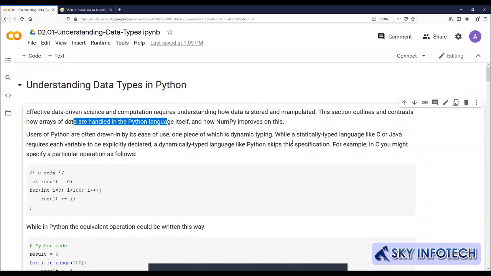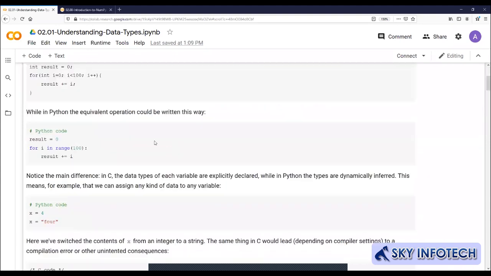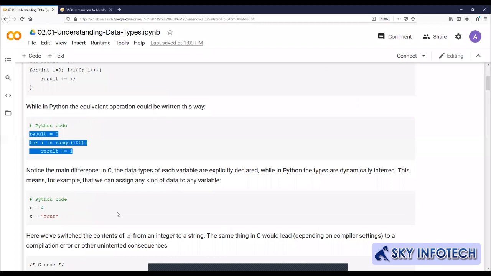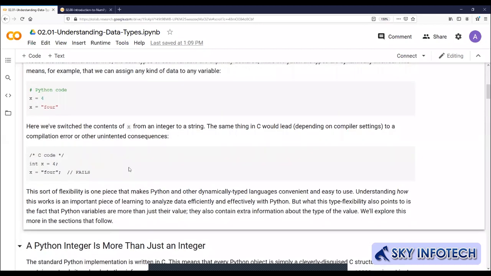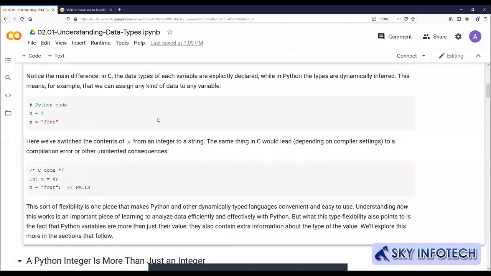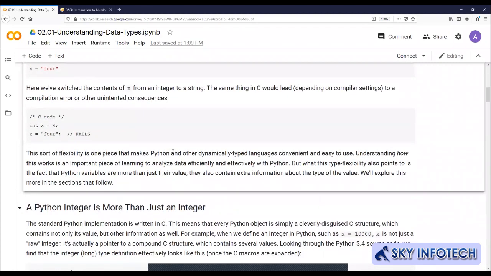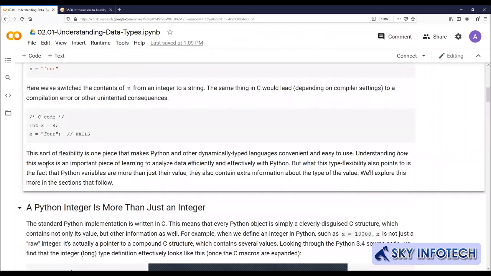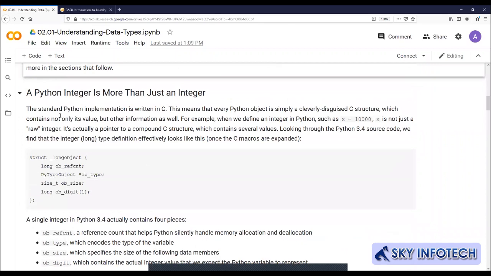Correct? Basically, अगर आप C language से compare करोगे, this we have discussed, कि look at the loop. If you run a loop in C and if you run it in Python, this is how it works, right? I guess this is just the flexibility in comparison to C. This is what they are trying to explain here, right? Whenever you have a doubt कि वो किस तरह से होता है, so these are some best examples, that's why it's written here.